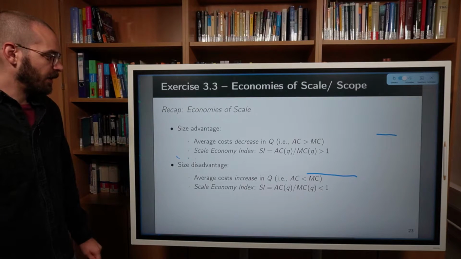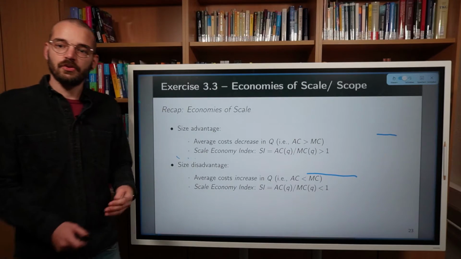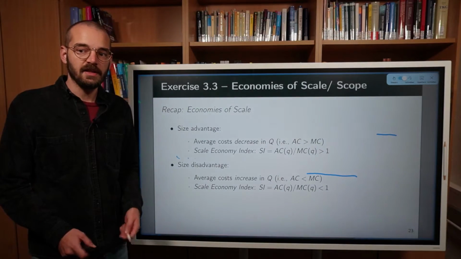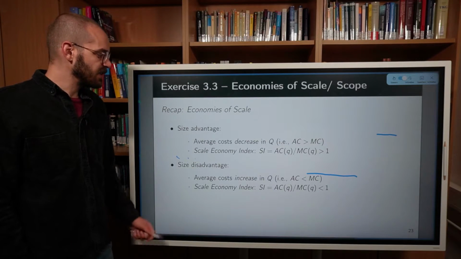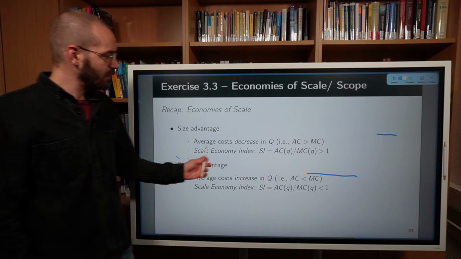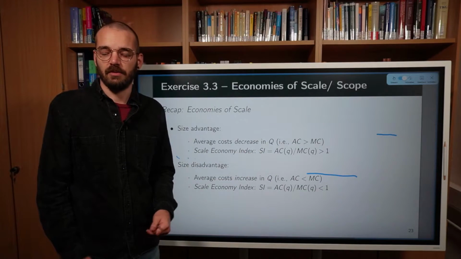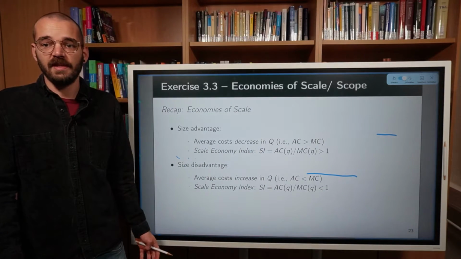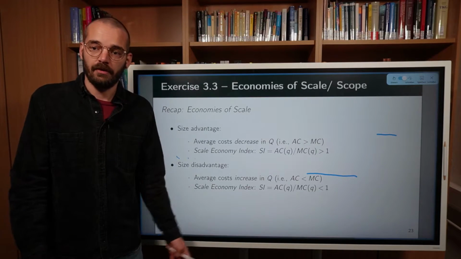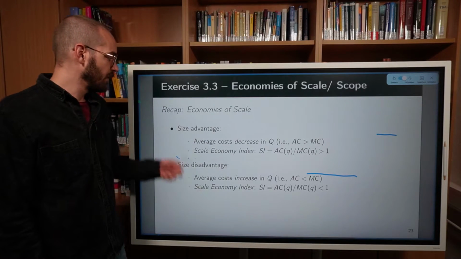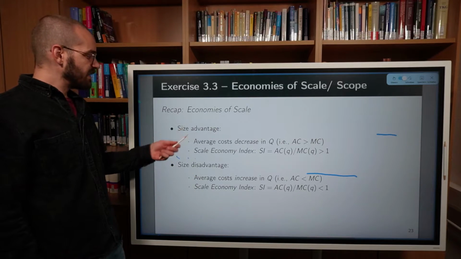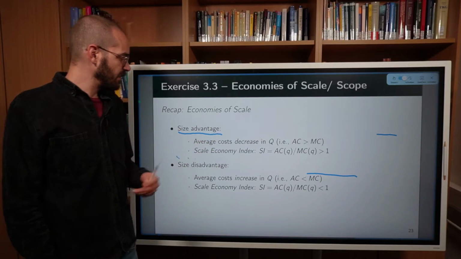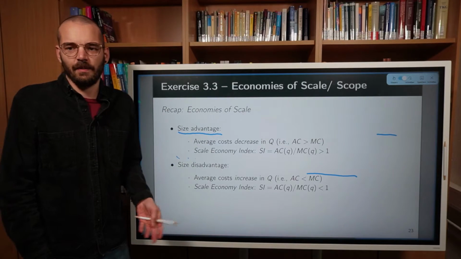Okay, now there are two additional terms that we'll need to define. The first one is size advantage. Size advantage means that the average costs decrease in Q. So basically, the larger the firm is, or in other words, the more the firm produces, the lower the average costs. Okay, so by saying a firm has a size advantage, we are implying that there